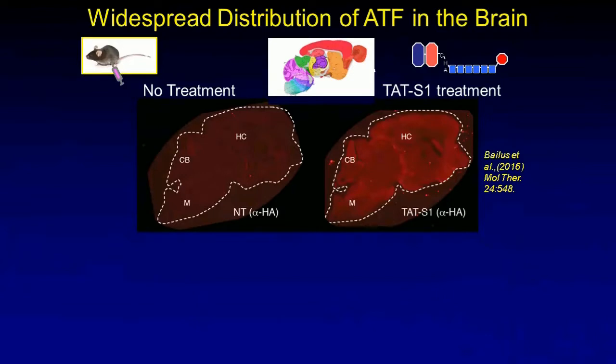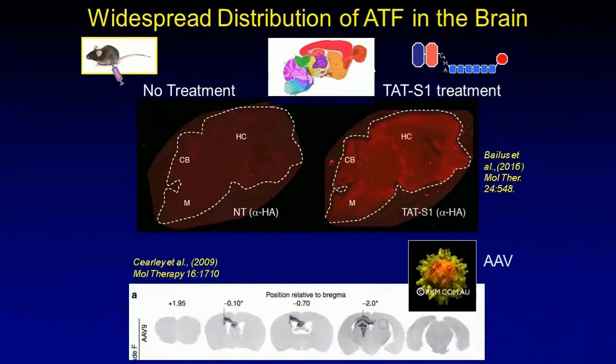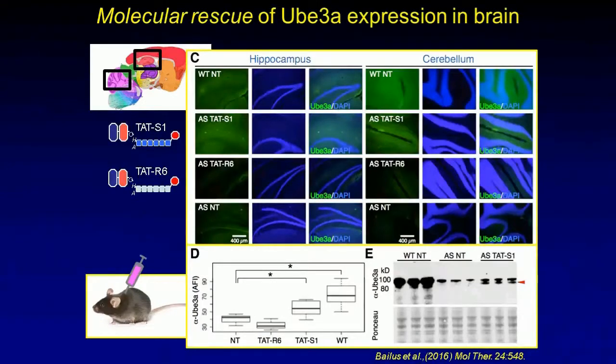So here we're staining for the HA tag that was part of the protein. And in the outline, you can see a sagittal section of the mouse brain. And compared to no treatment, we can really see our protein all over the brain. And I feel that this is in stark contrast to much of the data using viral vectors such as AAV, where typically the distribution of the virus is very close to the site of injection. So that was a kind of surprising finding for us, but very welcome. But it doesn't really say that the protein is getting in and having an effect on gene expression.